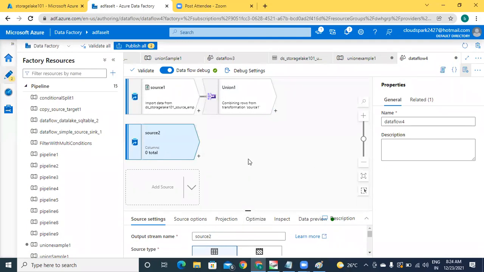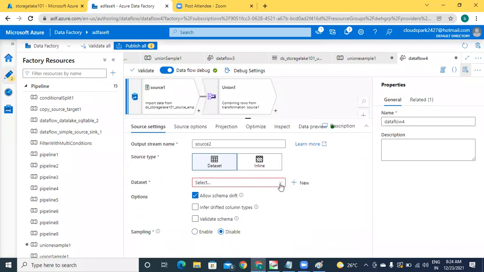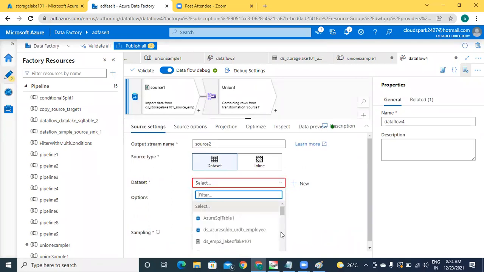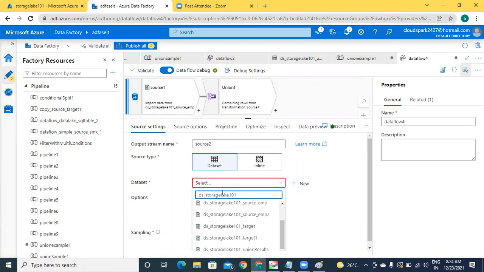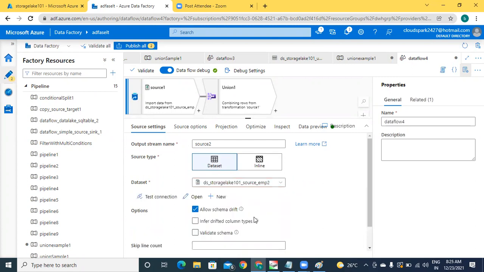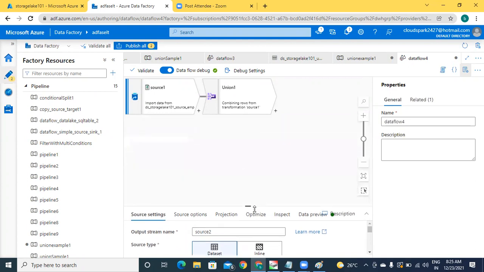For this source, configure your second file. The second data set I am giving, which is for EMP2. Let me filter it. ds_storage_lake101_EMP2, the second data set. Okay, now that is configured.